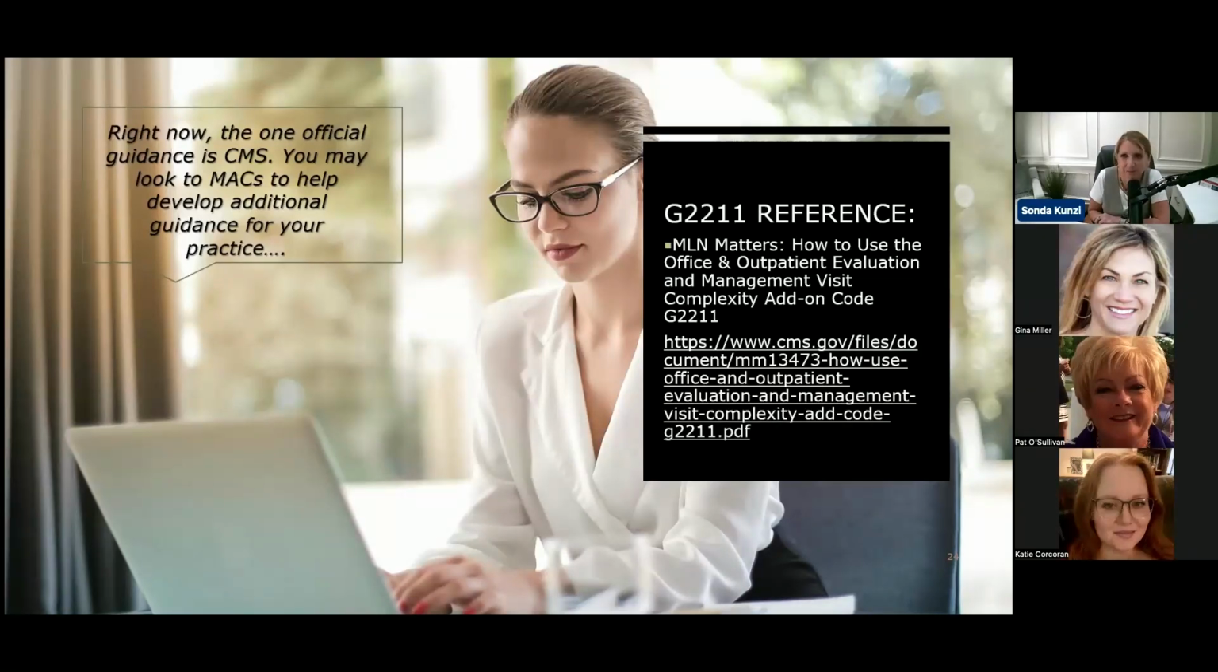There was a question about they're a urology office and they want to know if the codes will work for them. Yeah. So again,